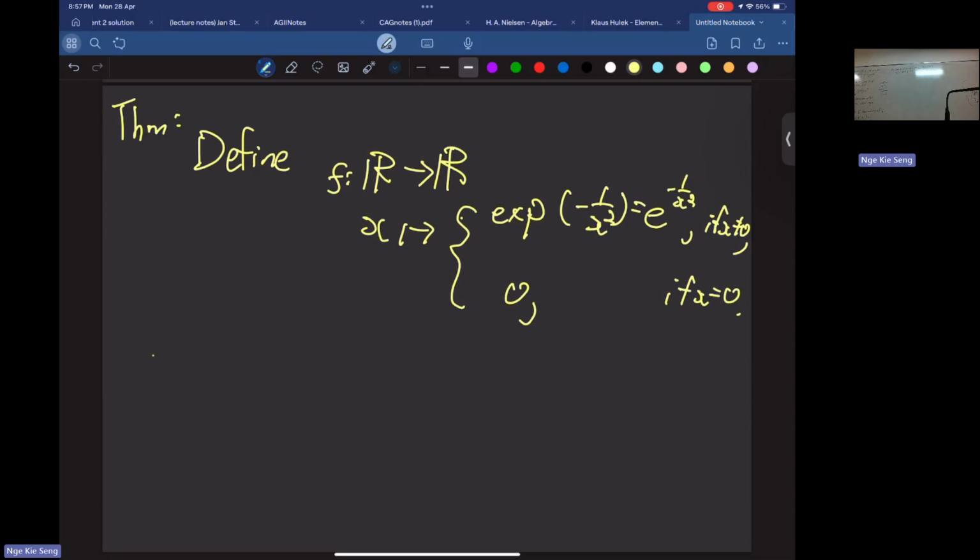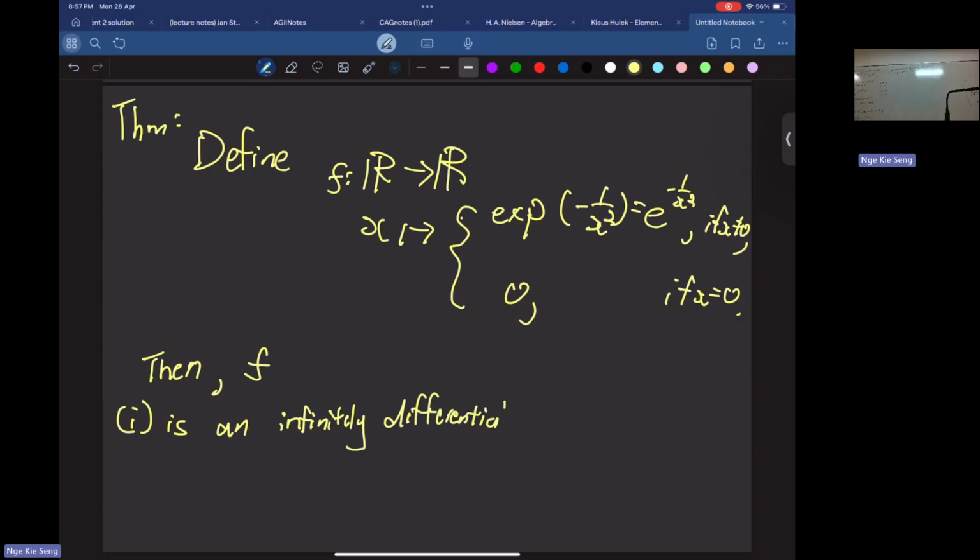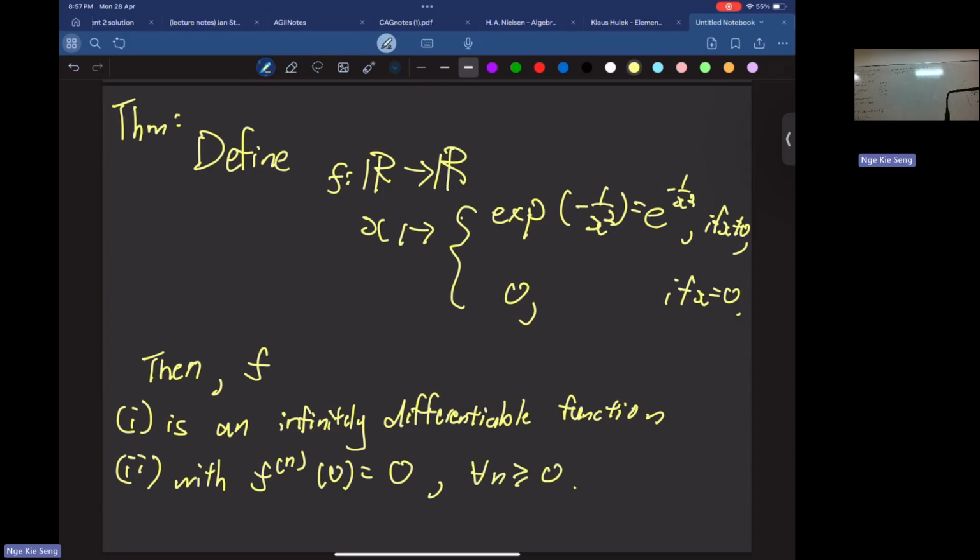Then you want to show that. There are two statements here. First, f is an infinitely differentiable function. Second, f^(n) at 0 equals 0 for all n. 对，这个我大概还有一点思路，这个完全没有。